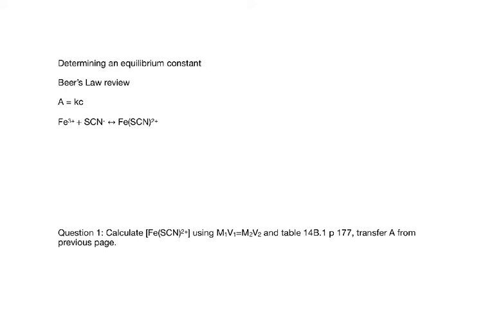Beer's Law says that absorbance is equal to K, the Beer's Law constant, times the concentration. We are going to be using 450 nanometers because that is where the iron thiocyanate complex absorbs the most. And so what we can do is we will collect a series of data points, and we're actually going to